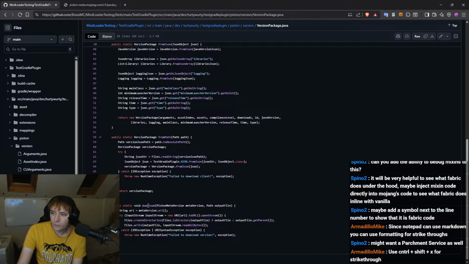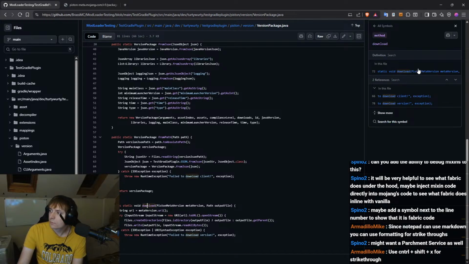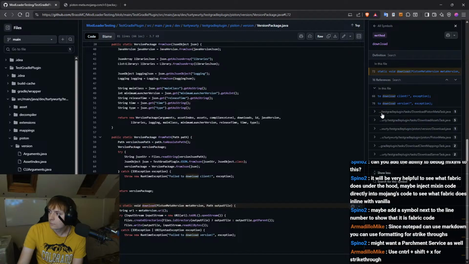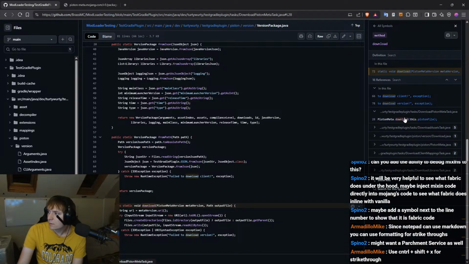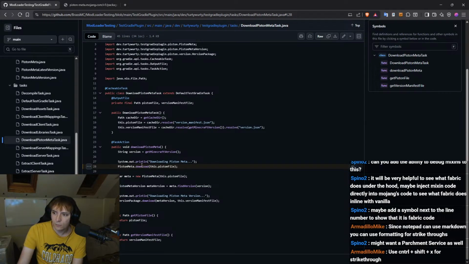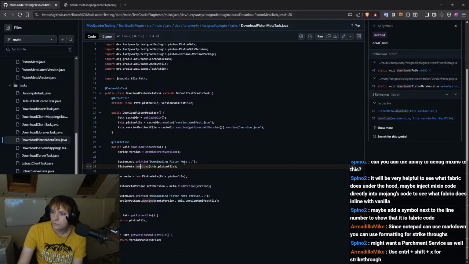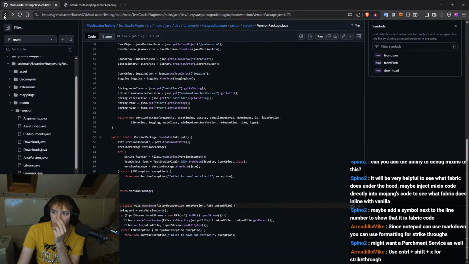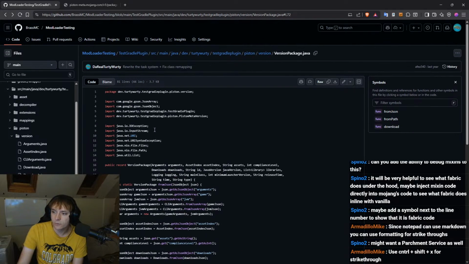So where do I get the version package? And a piston meta task. PistonMeta.download, which downloads the piston meta. Okay, I've got things. This is why I stopped using this one, because I got things slightly scuffed. Okay, so this is kind of what we're looking for, anyways. We're looking for the version package.